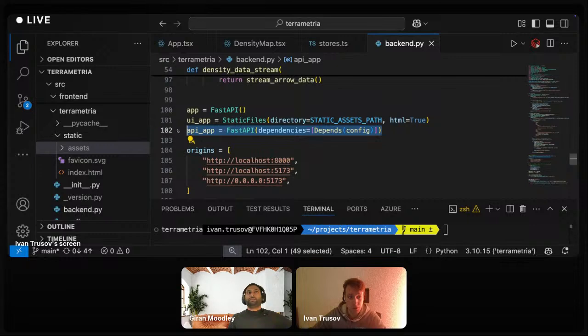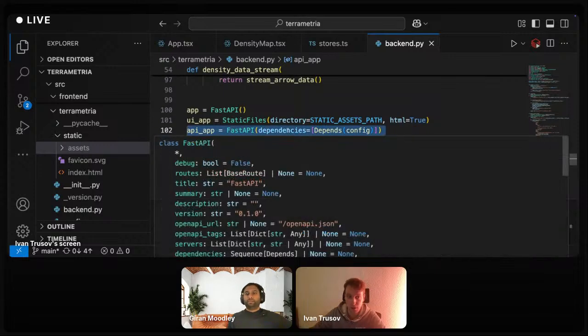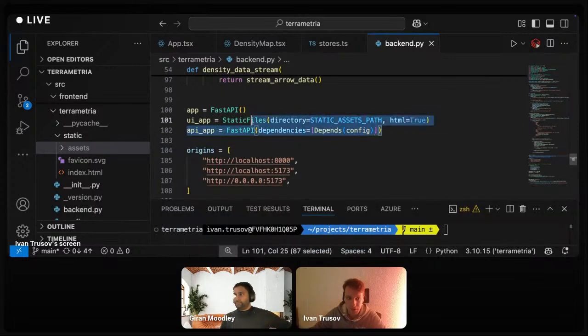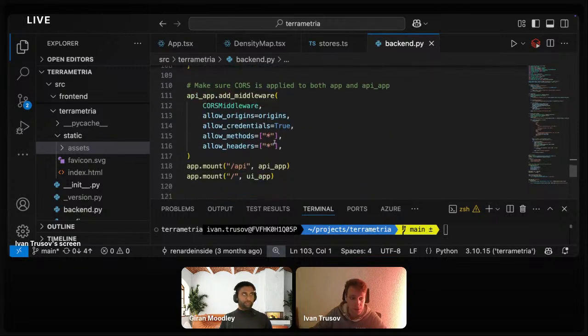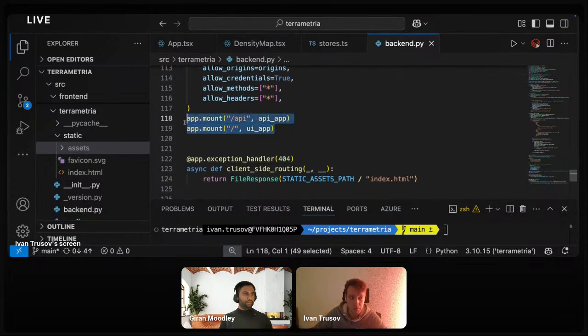However, to enrich the front end with data, we need to expose an API route. And the API route here is only available from a client which reaches out to this API through the browser practically. So it's not a public API in a sense. You cannot send a query there or something like this. So what I'm doing here is practically mounting these two applications.